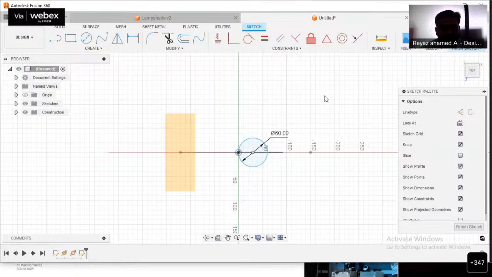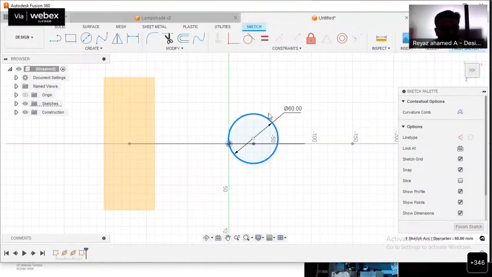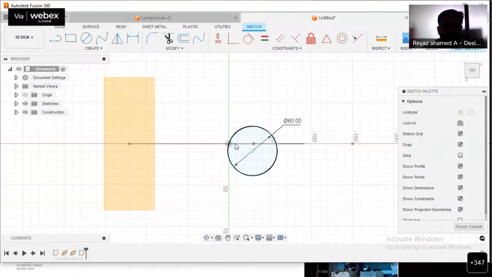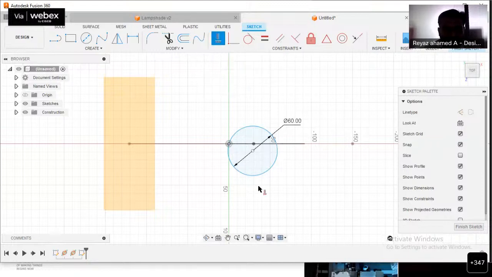And then still it is not fully constrained because actually this center point may be moved upwards or downwards. See, it is getting moved, but it should not get moved, right? So we have to bring this in a horizontal manner actually. So for that, just apply the horizontal constraint. See, for horizontal and vertical, there is only one constraint option. Let me click on this one and then let me choose this point and then this point. Or else just see, the horizontal constraint may not get applied.